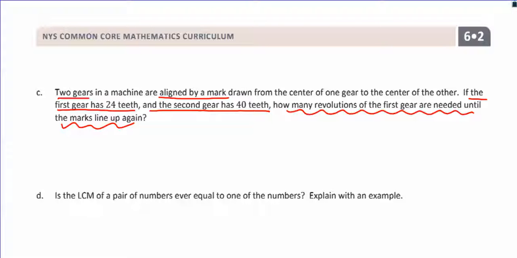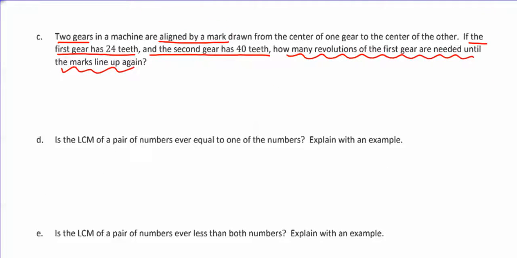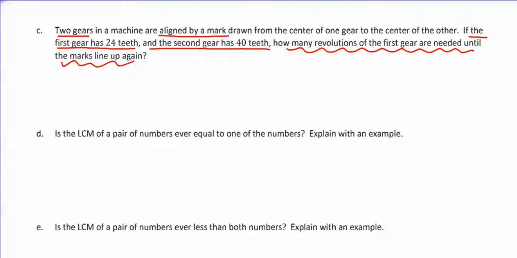So this is a prime example of a question that you'd use LCM for, but it doesn't really tell you to use LCM. You have to figure out, we have something that's physically, in this case, rotating, and we're looking for where it's going to meet up with another thing that's rotating, okay? So, let's see. So, we're going to find the LCM of 24 and 40